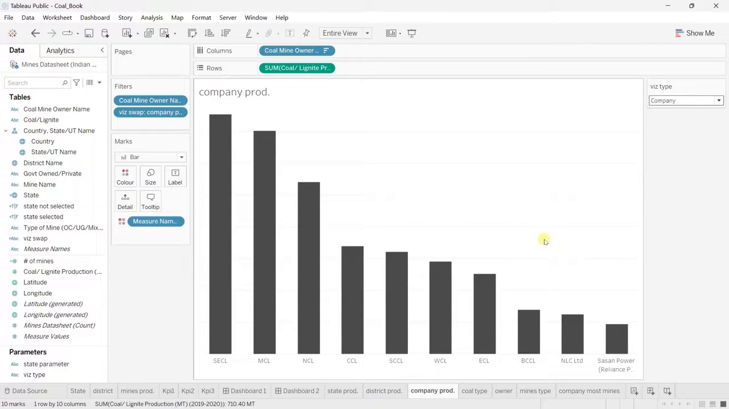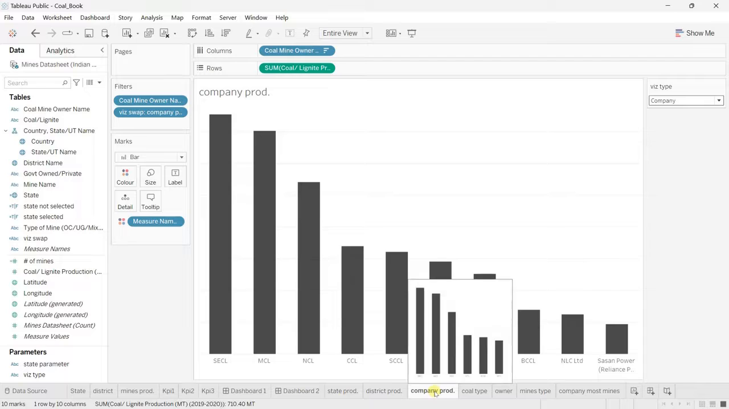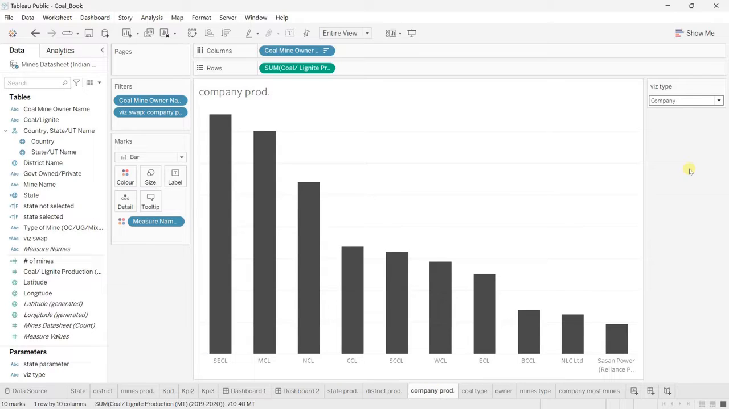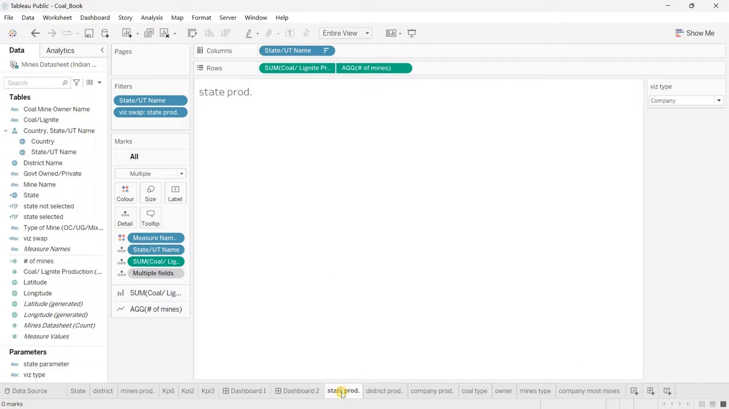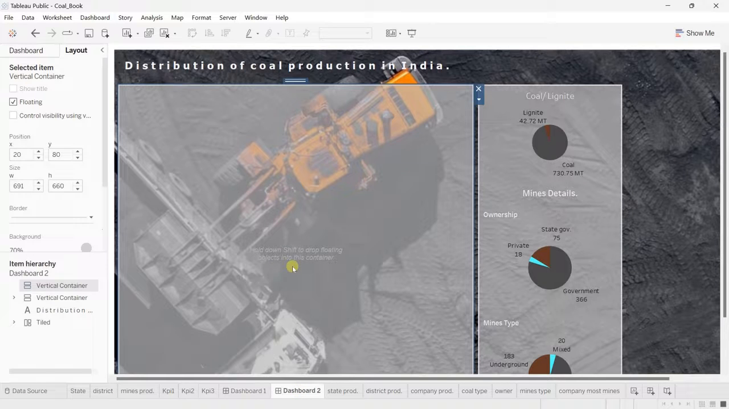So we have done it for the three visualizations and this is working properly. How can we ascertain that? See, there is a company selected here and the company chart is visible, but the rest of the two charts won't be visible. See, not visible, not visible. Now we'll go to our dashboard, and in here,